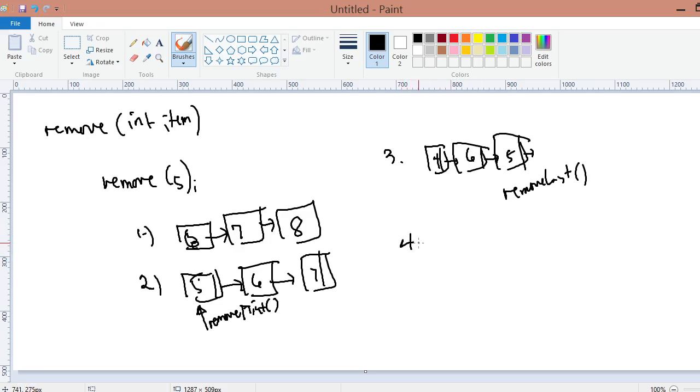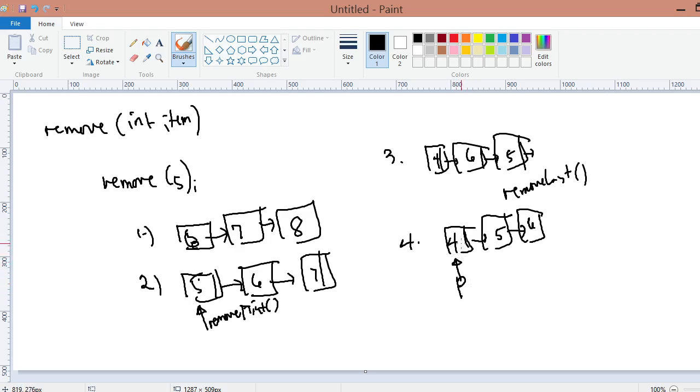Another possibility is that the value you would like to remove is at the middle. If it is the case, then there should be what? You should have two variables.